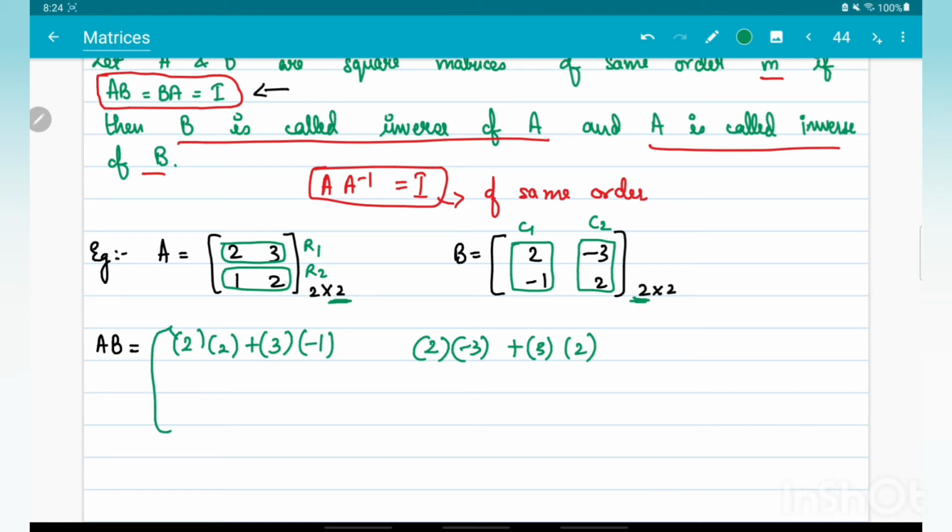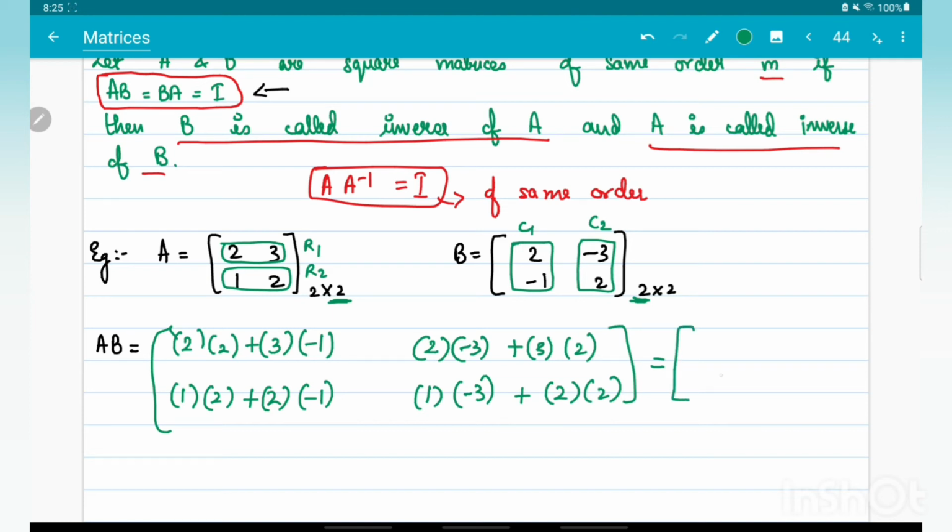Now I'm going to multiply my second row, that is row 2, with my first column, and then I multiply my row 2 with my second column. So my first element is 1, which will be multiplied with the first element of this column, that is 2, plus the second element 2 multiplied by minus 1. Now for this one, 1 will be multiplied with minus 3, plus 2 is going to be multiplied with 2. Okay, now when I solve this,